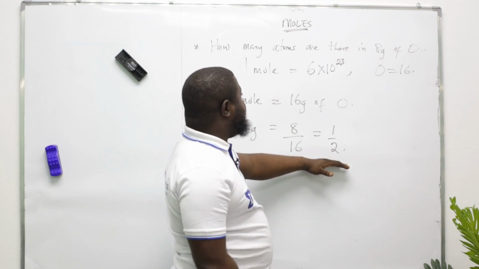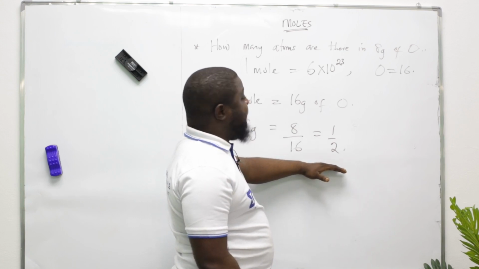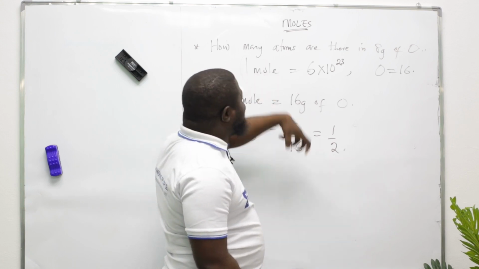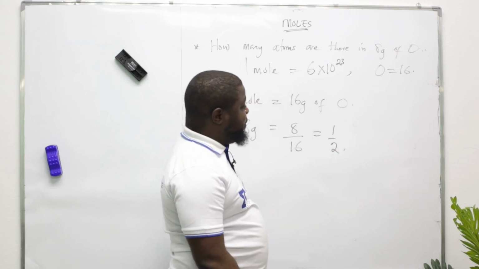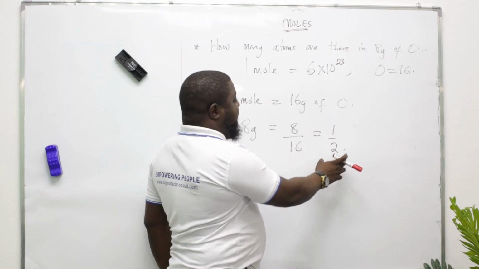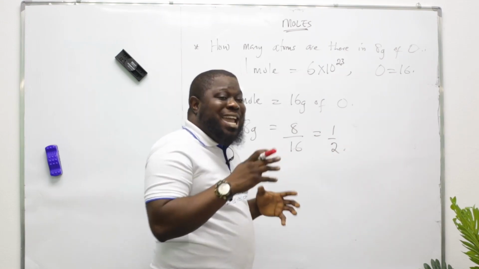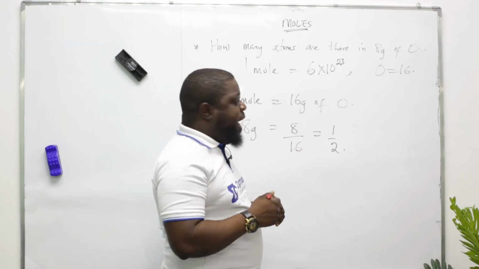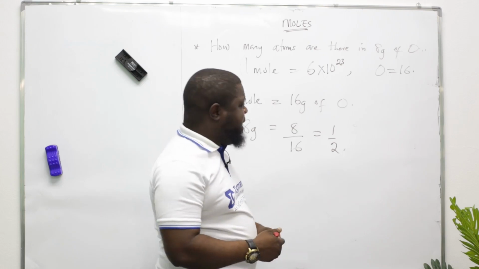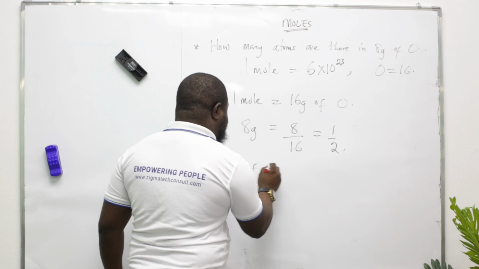Now you've gotten the moles. They asked how many atoms are there in these 8 grams of oxygen. You've gotten the 8 grams of oxygen as 1/2 mole. Now, how do you get the number of atoms? Getting the number of atoms is very easy. It's just, therefore, number of atoms